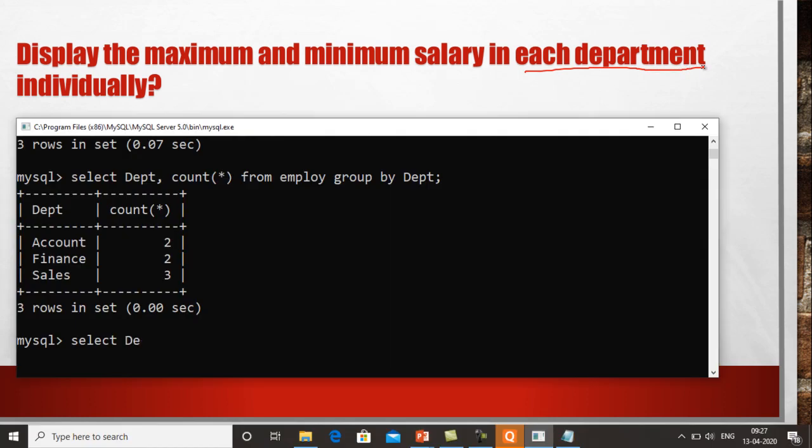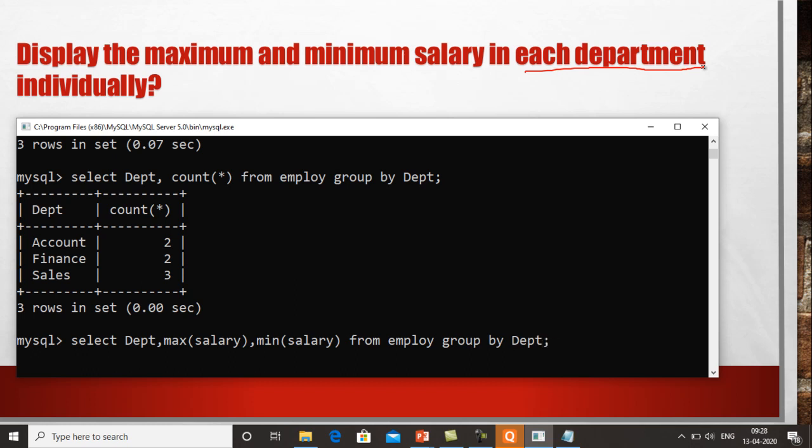As I told you earlier, you have to put the field name department, comma, then max salary, comma, min salary from employee group by